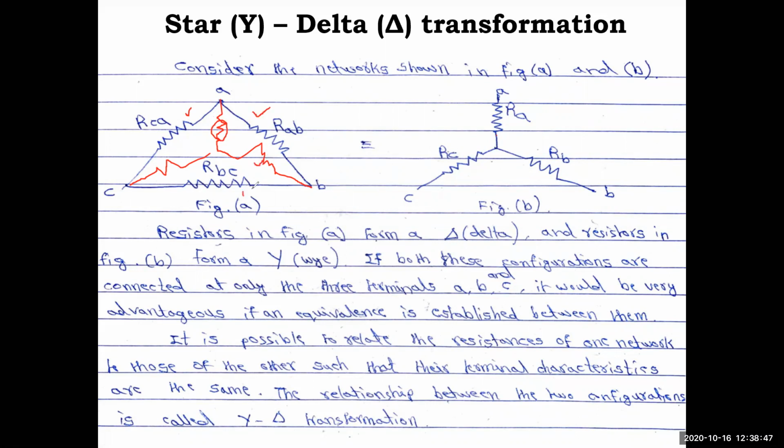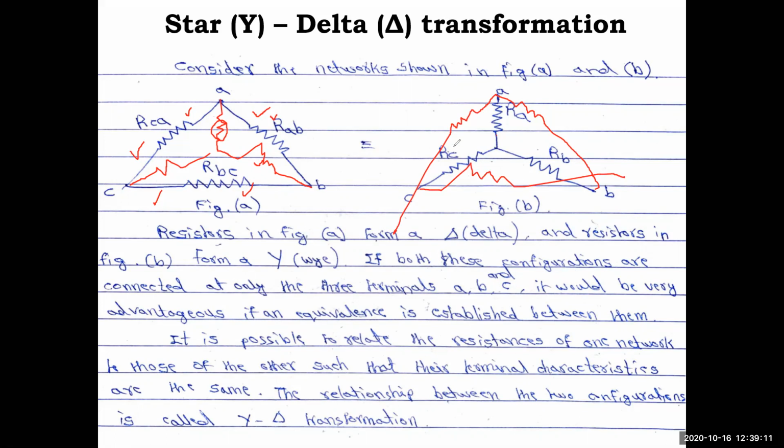This means there is a relation between this and this. Similarly, this resistance, I have a resistance relation with these two. Similarly, reverse derivation also. If you have a Y connection, and you have to convert it into delta, here the resistance will come. So you can convert any Y network into delta like this.